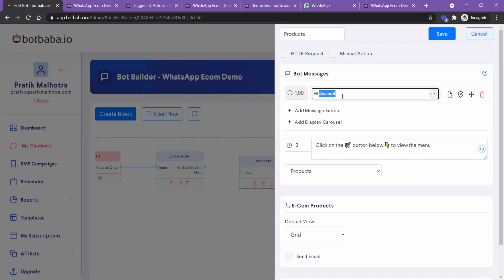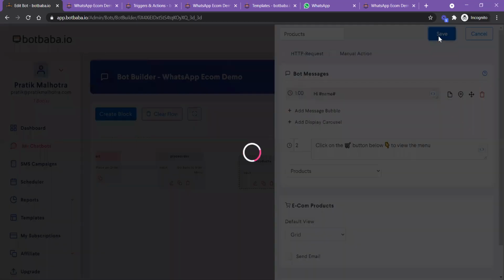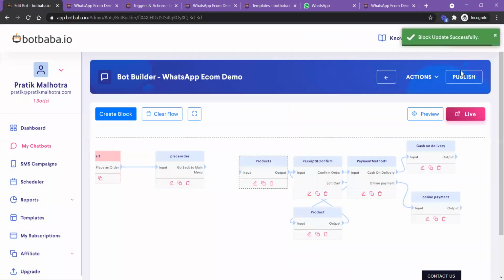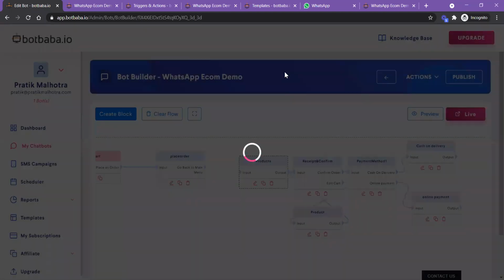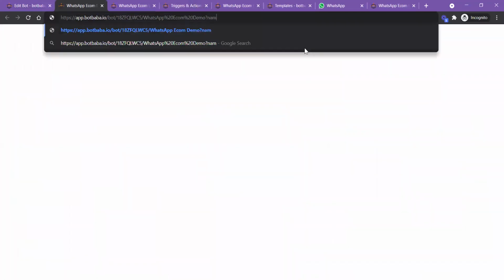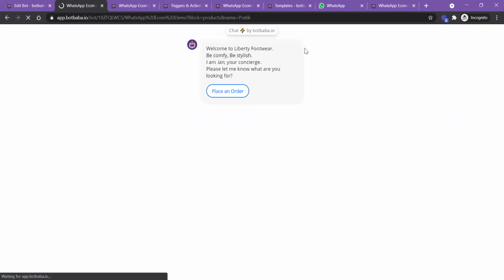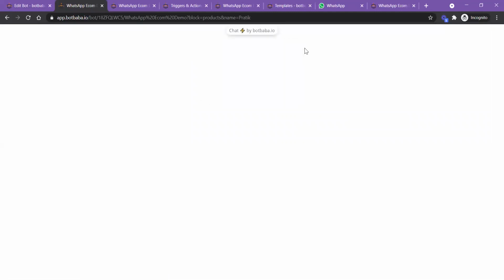I used a variable called name here and I save the flow, publish it, and live view. What I can do is question mark name. Sorry, I need to add the block first. Block equal to products and name equal to Pratik. So we are assigning value to the variable called name. So it says hi Pratik right here.